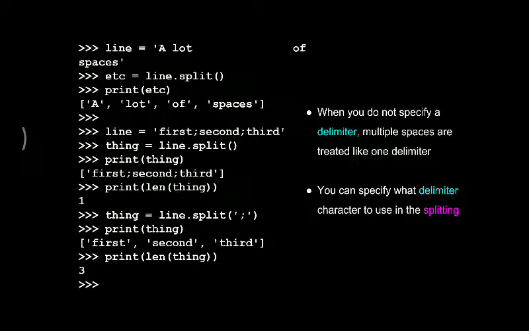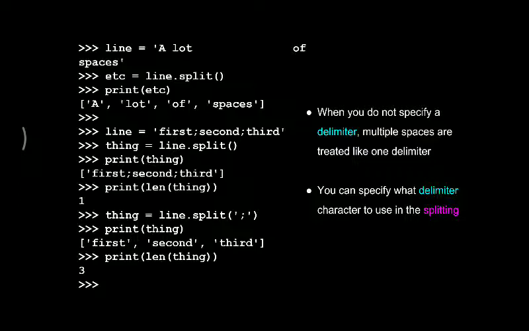One more example here. So you can see that line equal to a lot, then there will be many spaces, then of spaces, a lot of spaces. This is how we have given a string here. So next what we have to do is we have to use split here. Etc equal to line dot split, print etc. It will print only the words here. So this split function will work, it will not consider the extra space available in the sentence. So it will separate according to the spaces. So here it contains 4 elements, a lot of spaces.